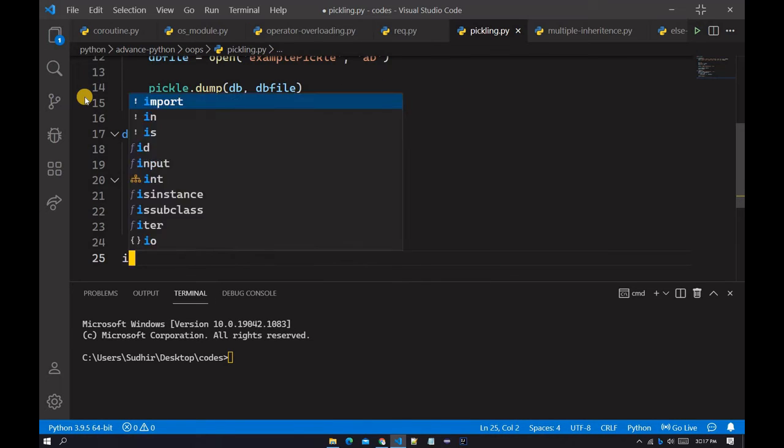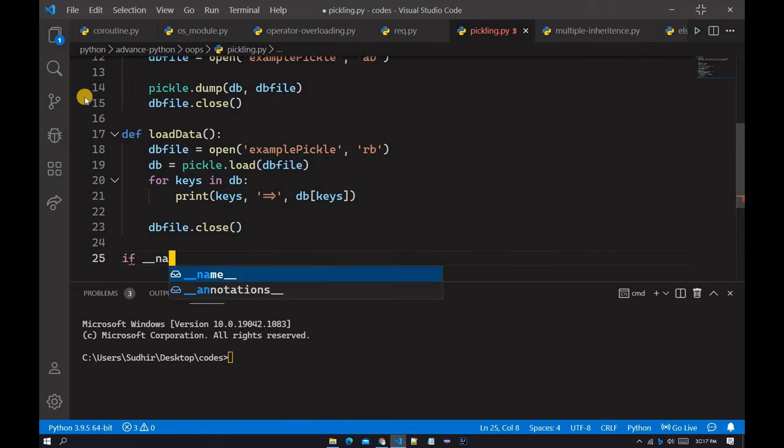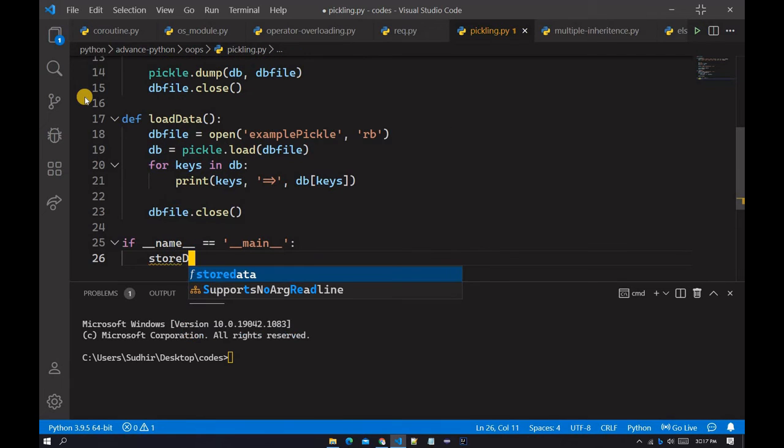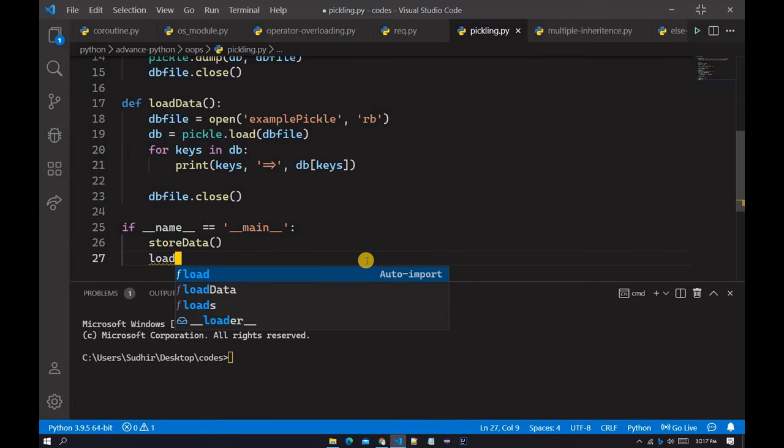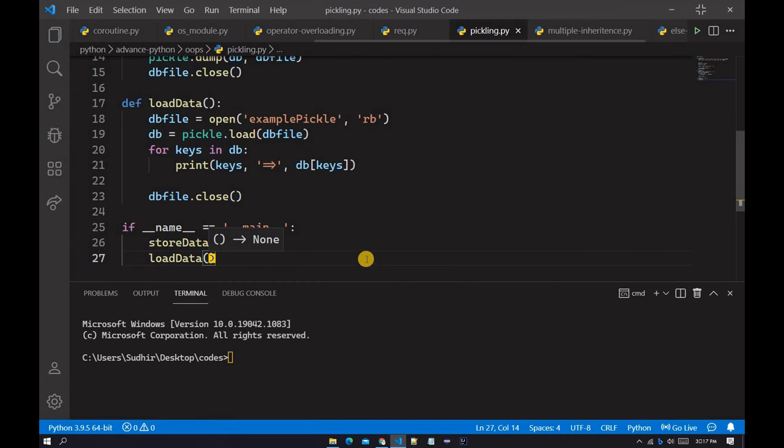Then we simply type if underscore underscore name underscore underscore is equal to underscore underscore main underscore underscore, and then we type store data, and after that we type load data, and press Ctrl+S to save.